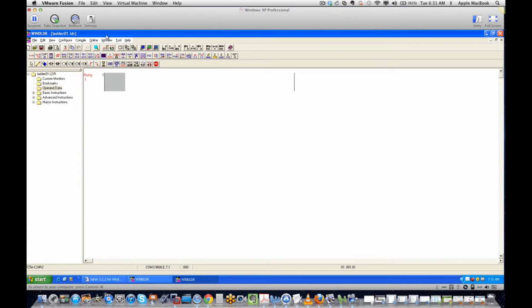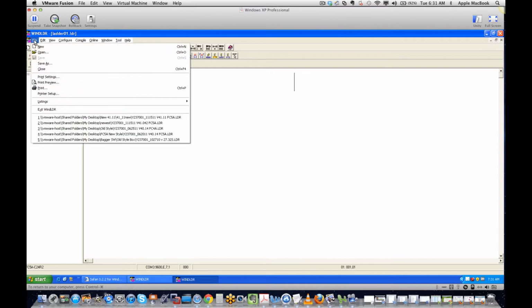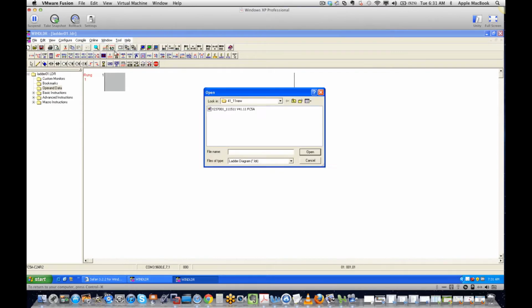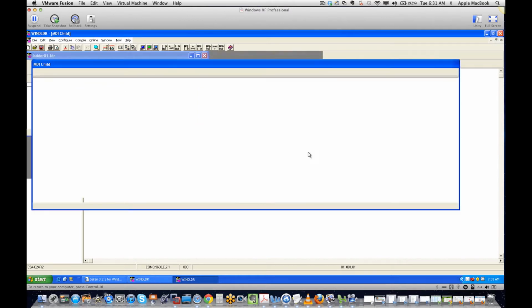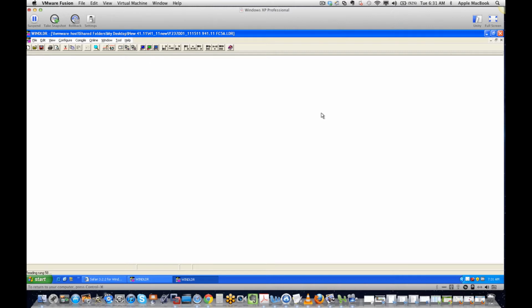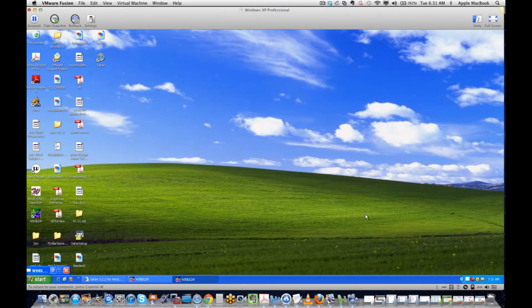And once we open up the ladder, you're going to have File, and then you're going to go to Open, and then wherever you put this file, it's going to be unzipped or whatever. We're running 4111 right now, so just go to whatever version you have, click on this right here, and open it up. It's going to take maybe a minute or two to open up, and as you can see right down here, it's loading the program. The program moves a little bit slow,